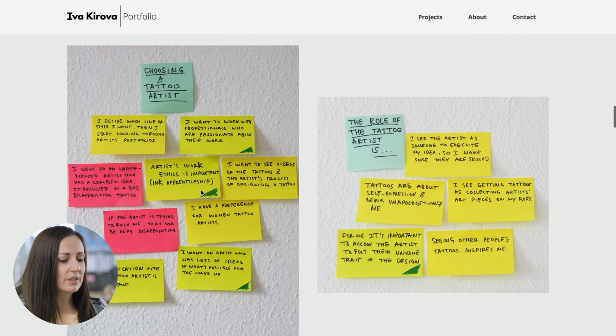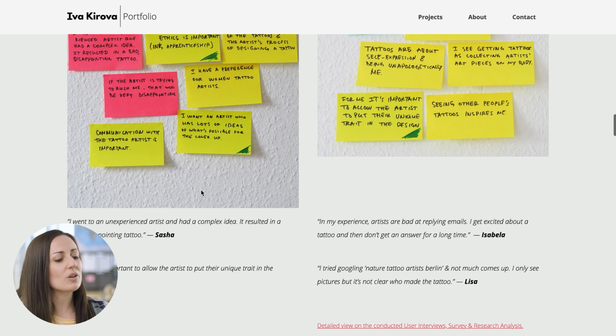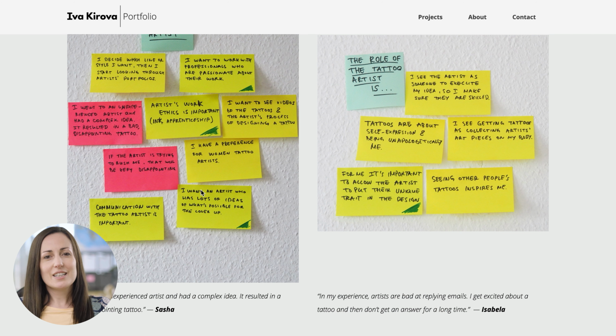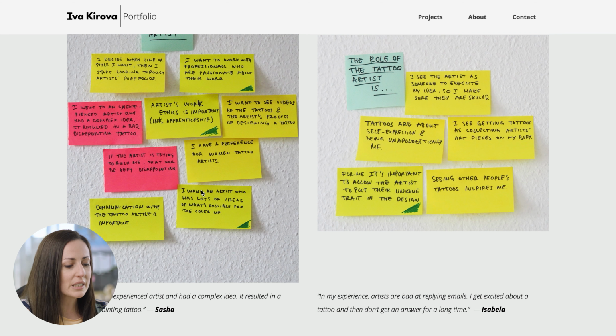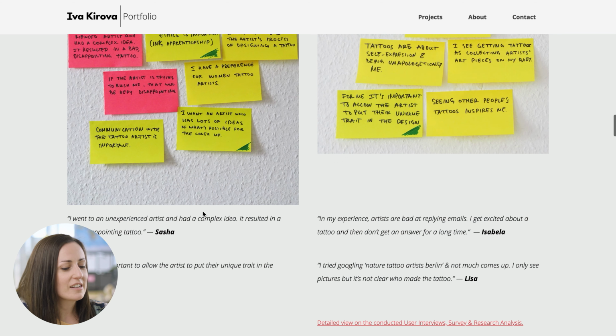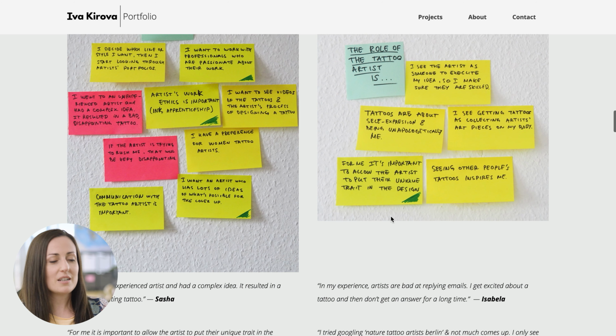Really great to have these photos of the real Post-it notes that were used, having real sketches, real Post-it notes, as well as the more high-level diagrams of showing the outcome and the end results are fantastic, because I can really see here that Eva has talked to users, talked to people, done some workshopping with them, or at least that's the impression that I'm getting.